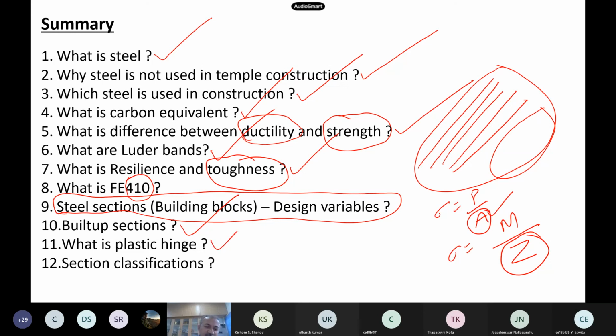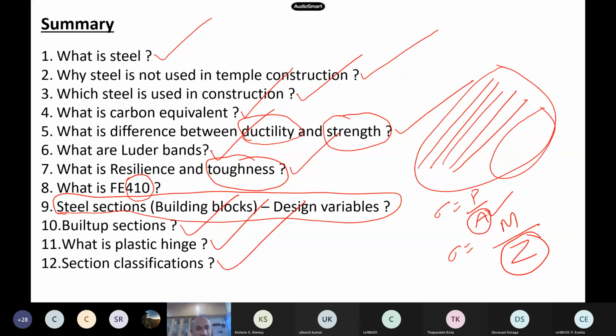Okay. And now what is the plastic hinge? Now what's the definition of plastic hinge? Just now we discussed. Hinge that is formed, that is under constant moment, but has perfect rotation. Ordinary hinges? Zero moment. But plastic hinges? Constant moment. Perfect. So if you know this, now section classification.